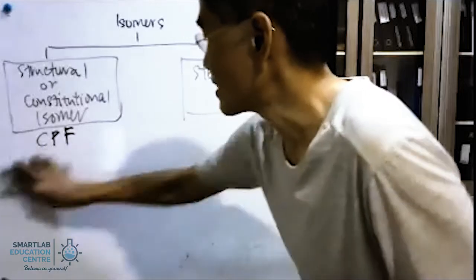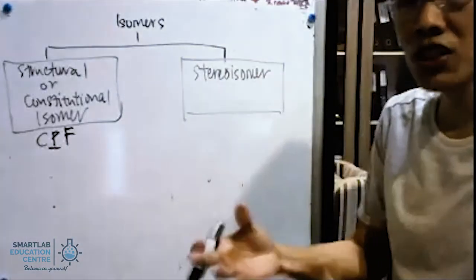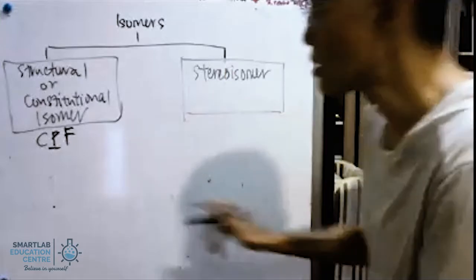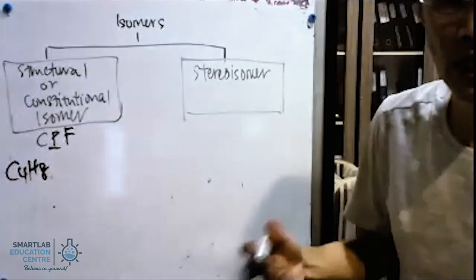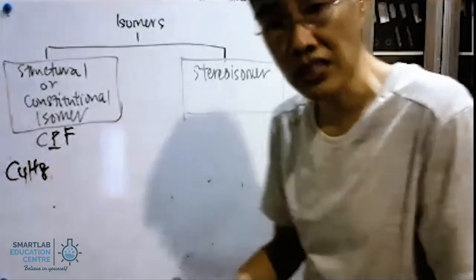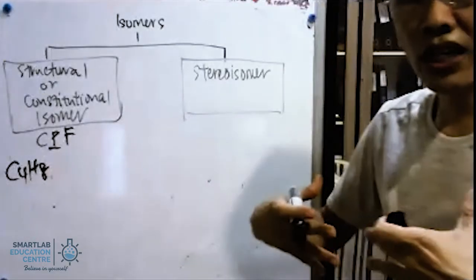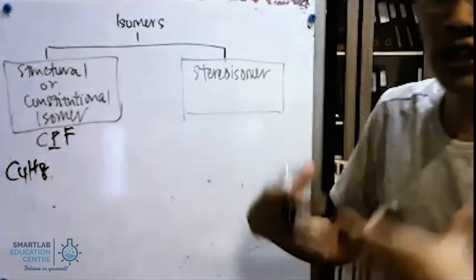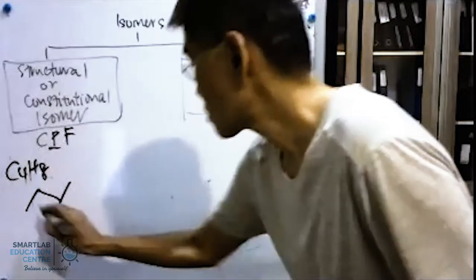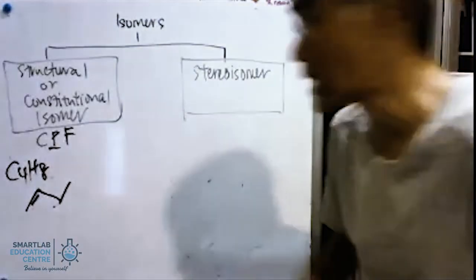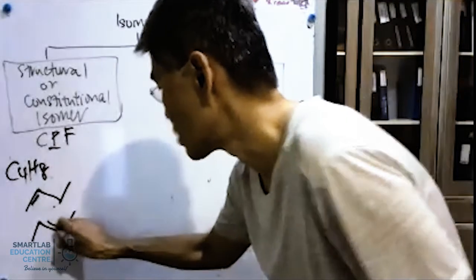Next one we'll be looking at is your P. P is your positional isomers. Positional isomers means your functional group can shift, all right? So a good example is your C4H8. C4H8 has a double bond inside, all right? So in this case, we have a butene, and you probably know that you can have but-1-ene or but-2-ene, right? So it's 4 carbons. The double bond can be between the first and second carbon,